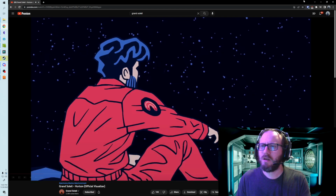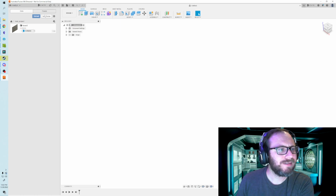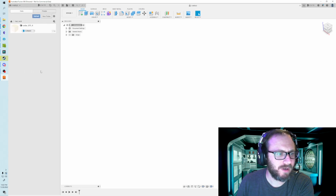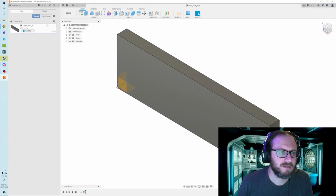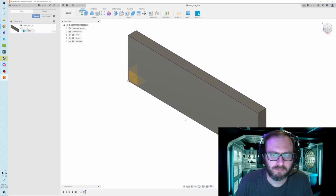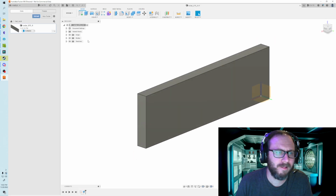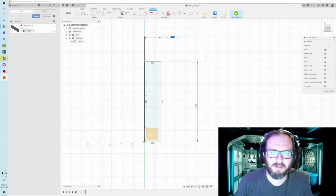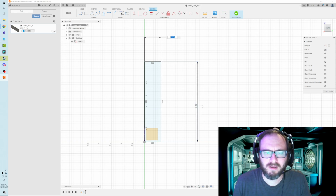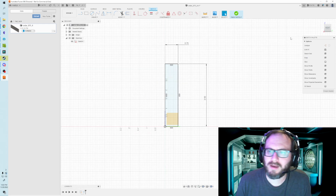All right. And then, gonna do this. So you hit home. And I'm making a hat rack. And I have modeled a piece of wood, which I did by doing a sketch. So the piece of wood is 3/4 inches by 3.5 inches by,